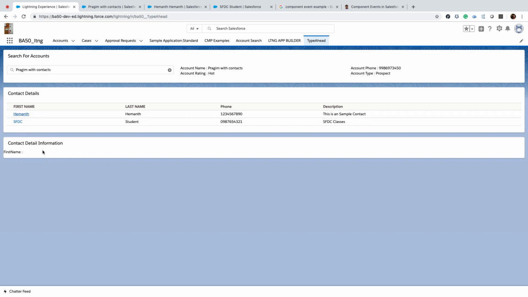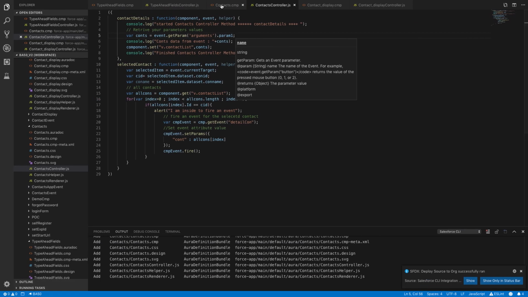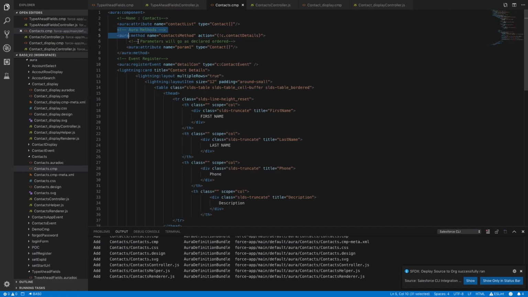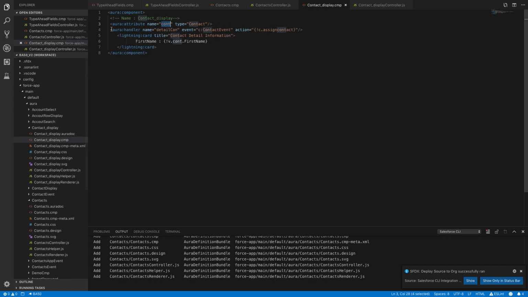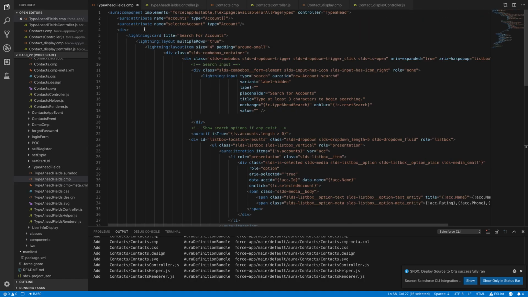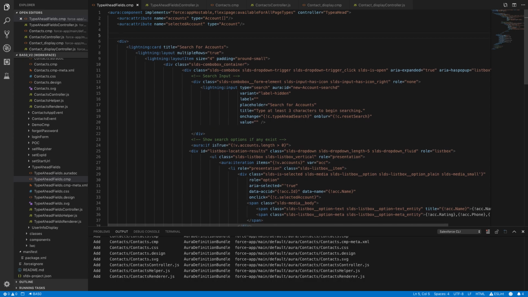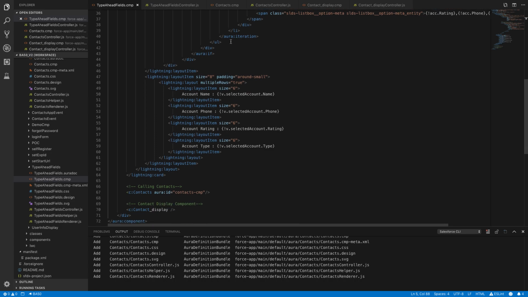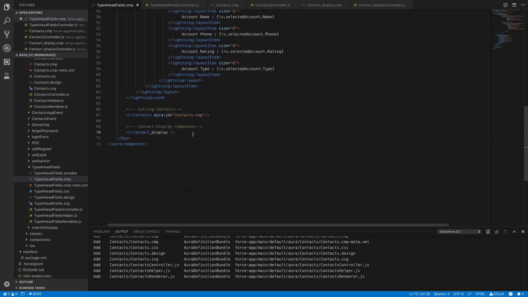So either you can do an application event or we can use Aura method functionality here. So what we can do here, in the component, we just define our Aura methods, okay? Whatever handler we define needs to go back to the type ahead fields. Here you define your attributes, and then you can say Aura ID